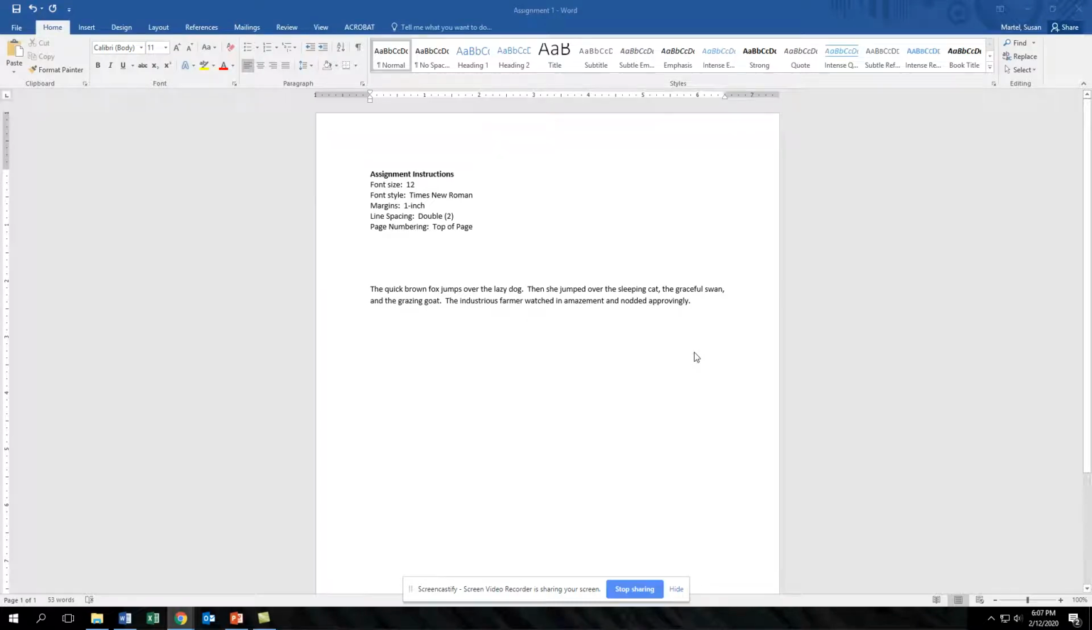Before you start typing in your document, you'll want to check the instructions for your assignment. Does the instructor indicate requirements for a specific font size, font style, margins, line spacing, page numbering? Let's take a look at how we might change our document before we start typing in order to meet these